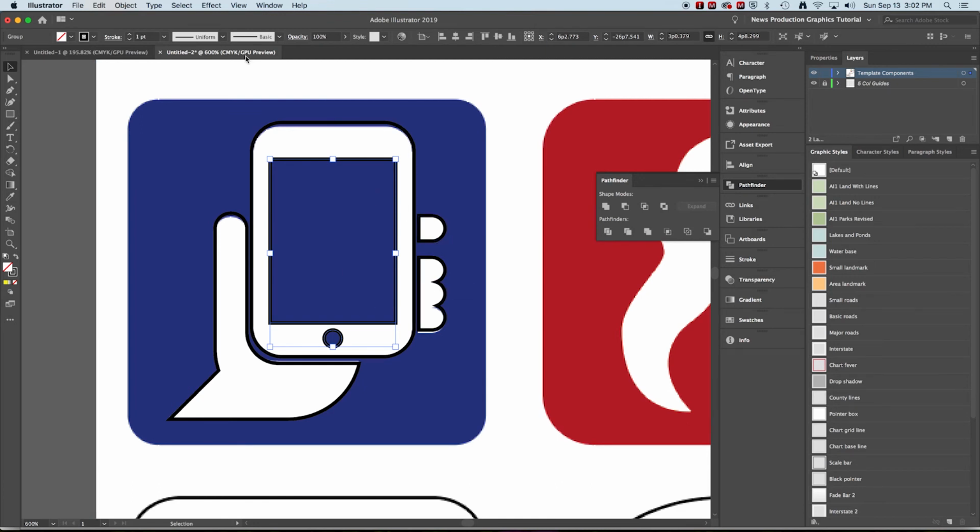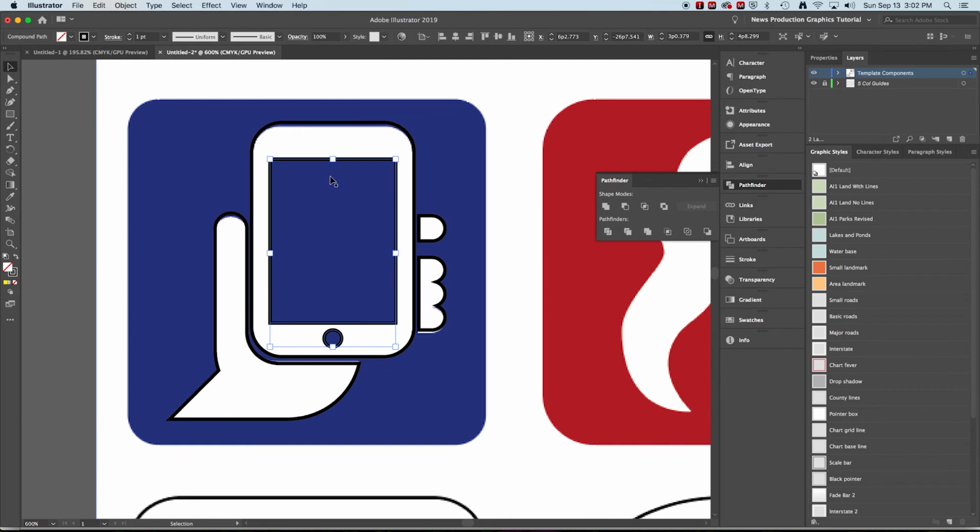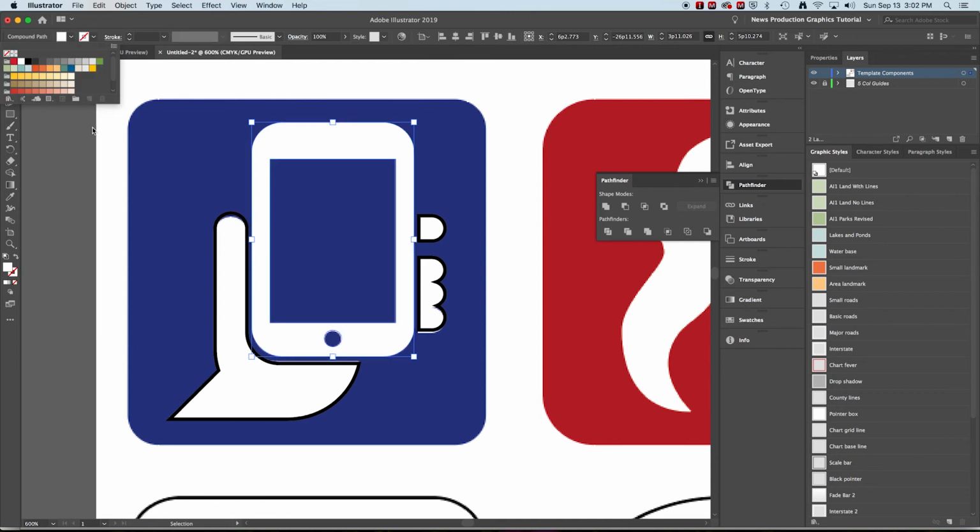I'm going to go up here under Object, under Compound Path, and make that a compound path. Then I'll select the phone body shape and minus front. So now when I apply one fill to that, it fills properly. So I'll take the stroke off of that, and then I'll do the same with my sort of hand